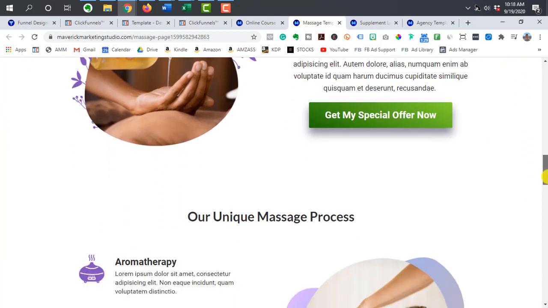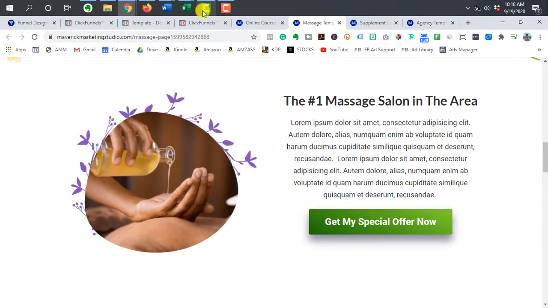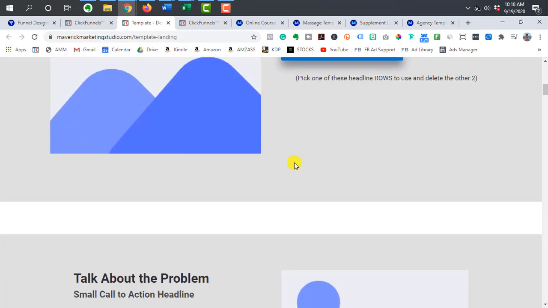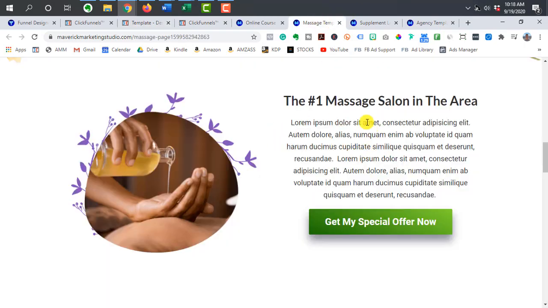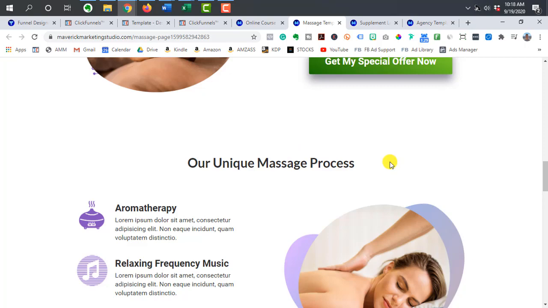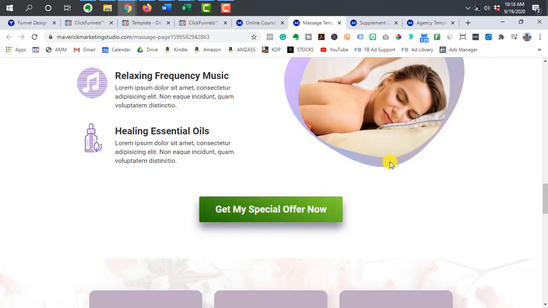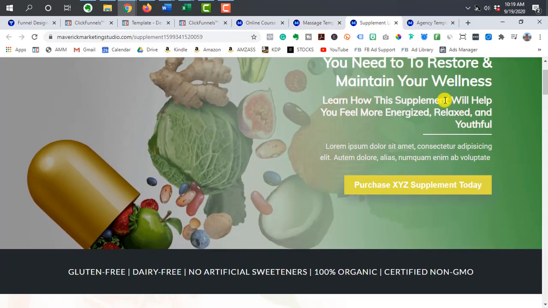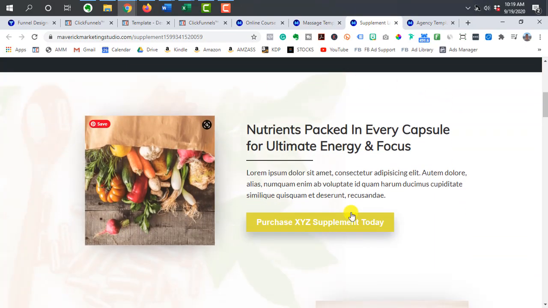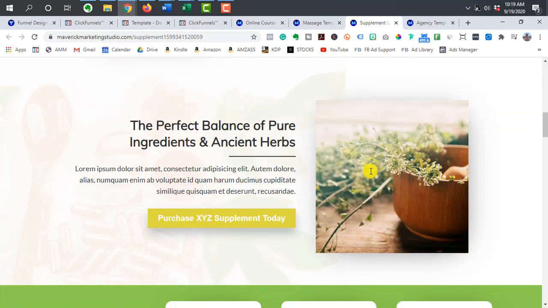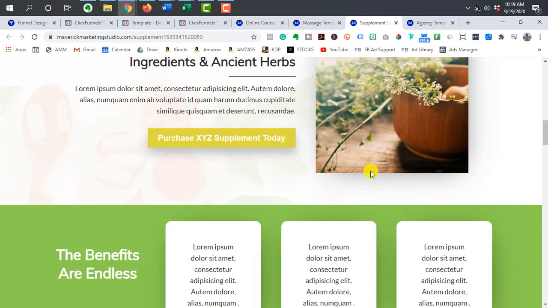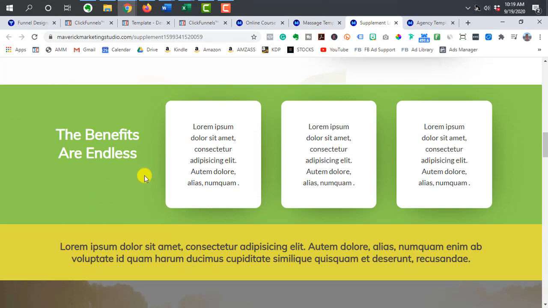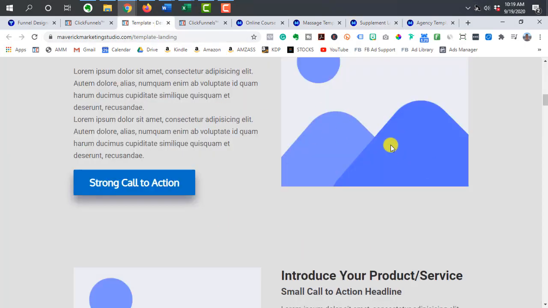All right, so you can see a lot of the structure that I created is used throughout these pages. Very nice and spacious. Everything's easy to read, easy to consume. Here's one for a supplement. And understand that these are just templates, right? They're mock-ups. They're not for actual products, but it's really to help you understand the power of using a template like this that has everything in there for you,